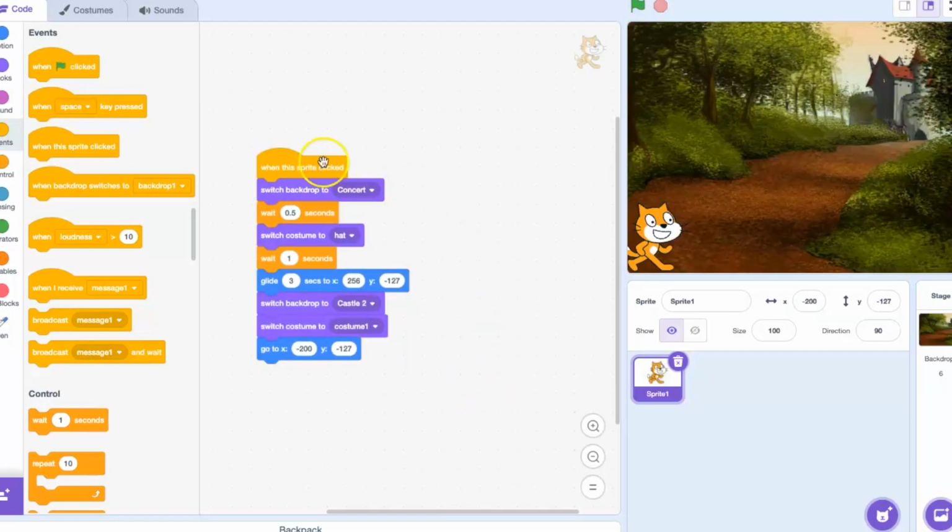And then the yellow highlighting has stopped. And so that has meant that our code is finished. And that's where we ended up. Let's take a look at how you can customize costumes